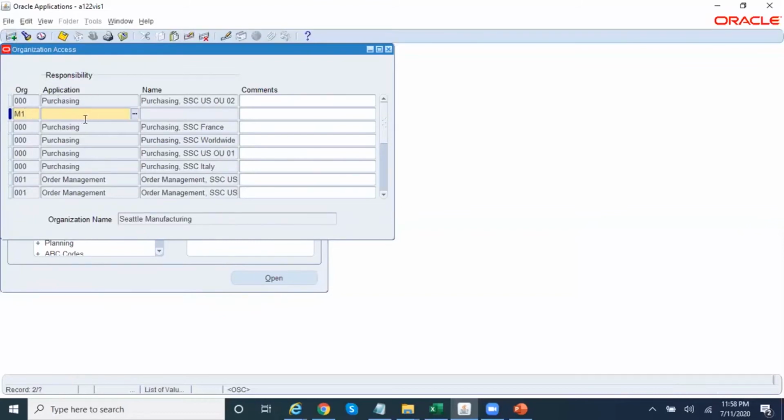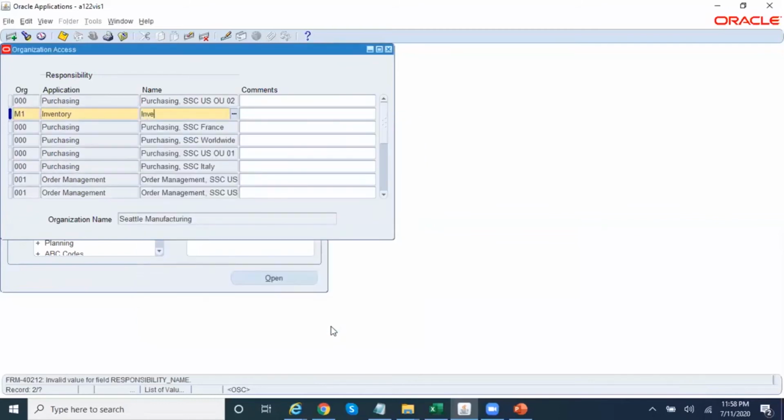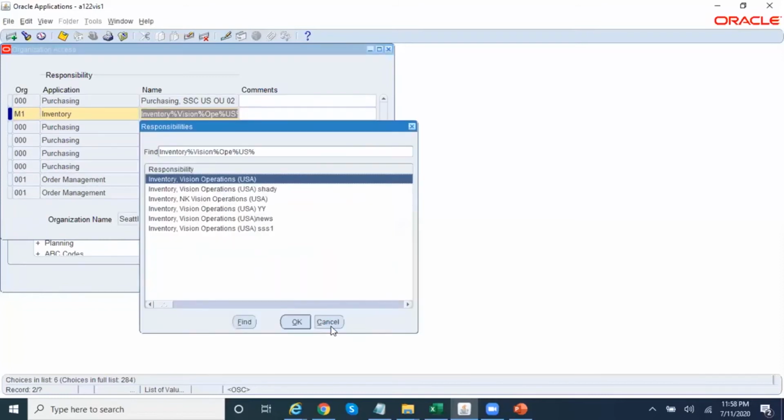Specify the application of the particular responsibility, the application with which the responsibility is registered. In my case, the application with which my inventory vision operations responsibility is registered is inventory. So I selected that. Inventory vision operations USA.